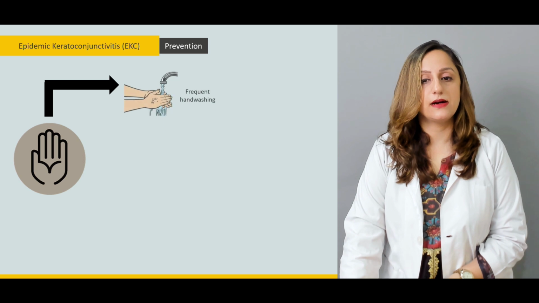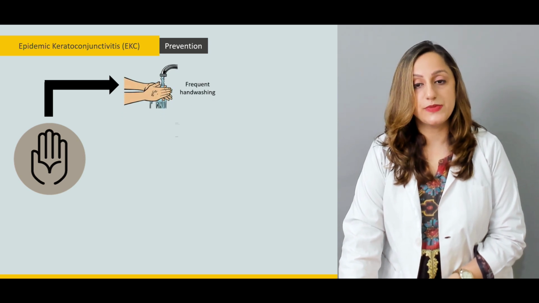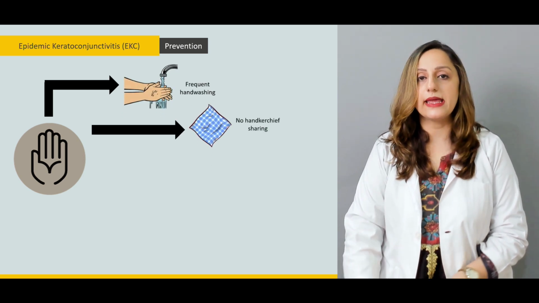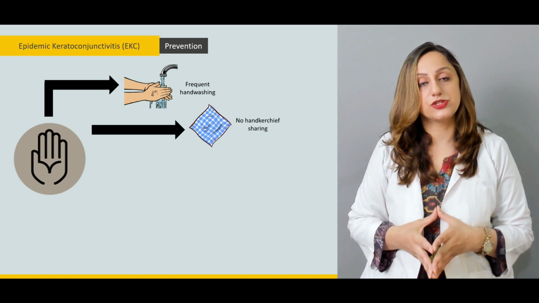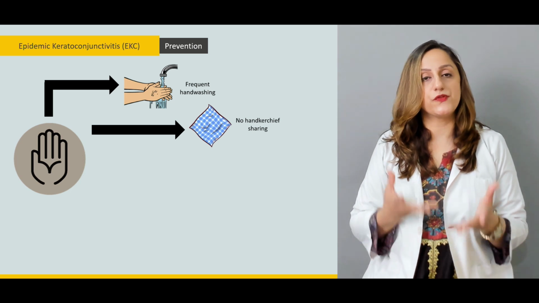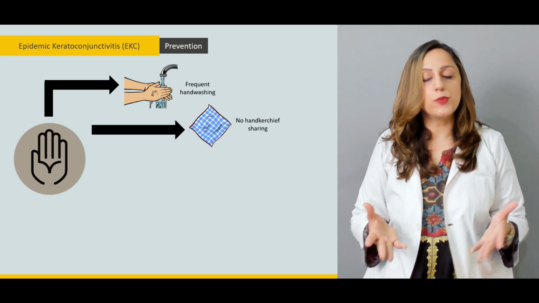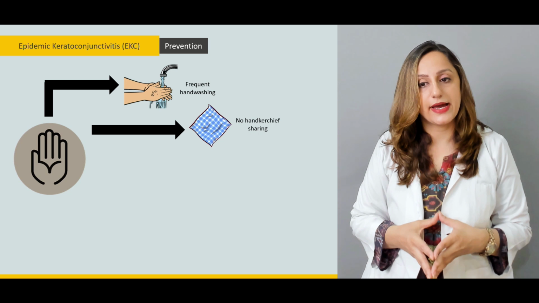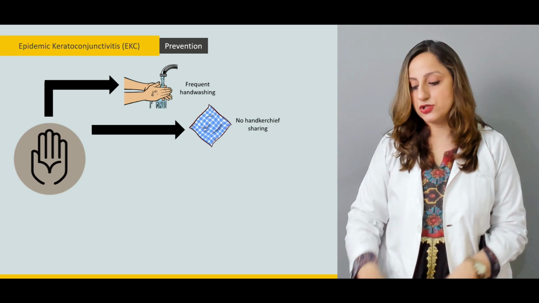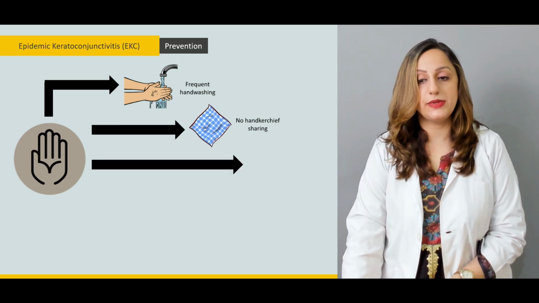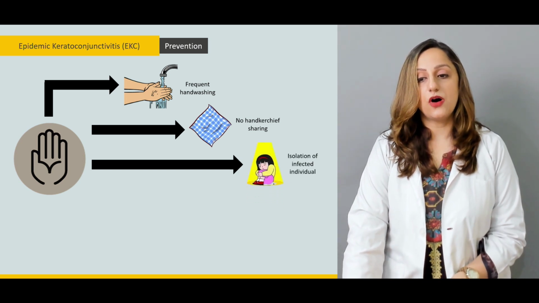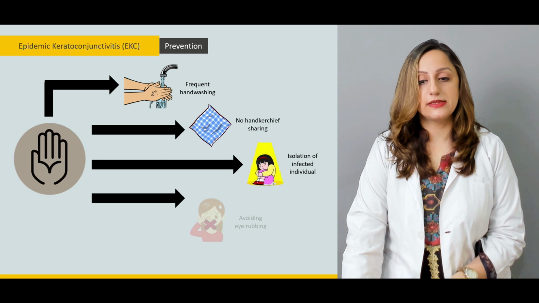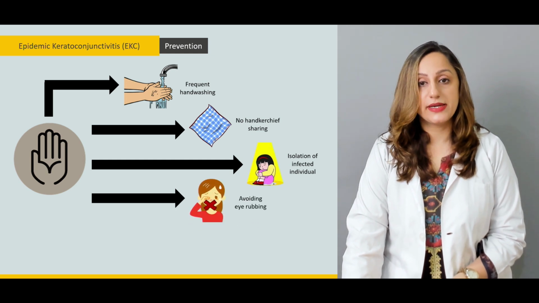The preventive measures would include frequent hand washing that would be suggested for the patients, and in any areas in which there is a suspected epidemic of keratoconjunctivitis, we'd educate the patient, and even the normal population, to frequently wash their hands, and no handkerchief sharing should be encouraged in such situations. The isolation of the infected individual is done, then avoiding eye rubbing,